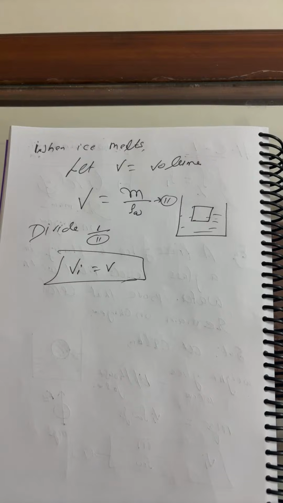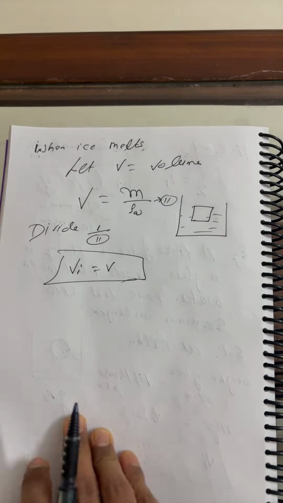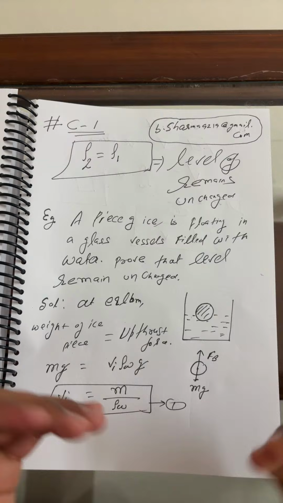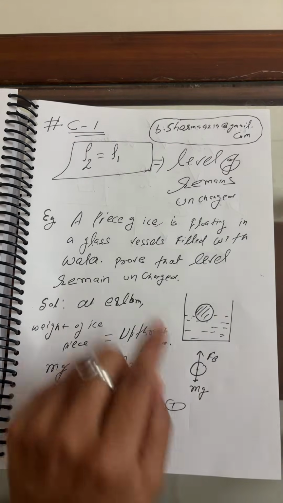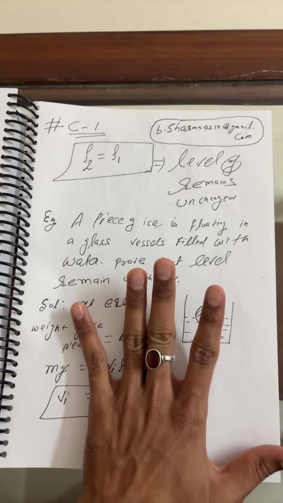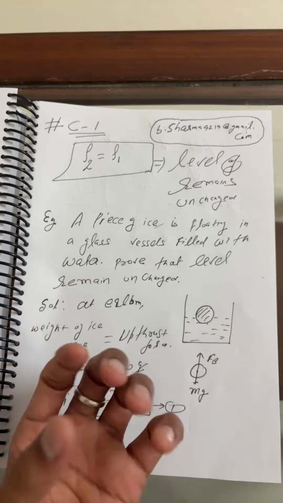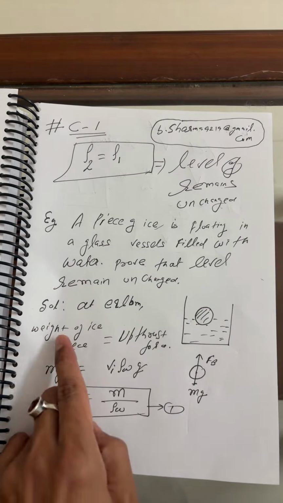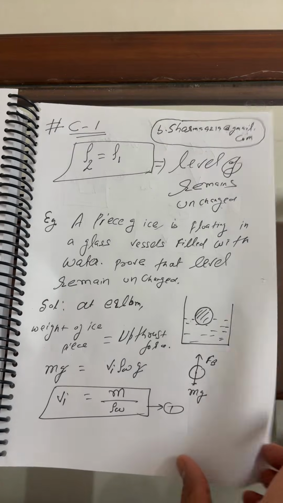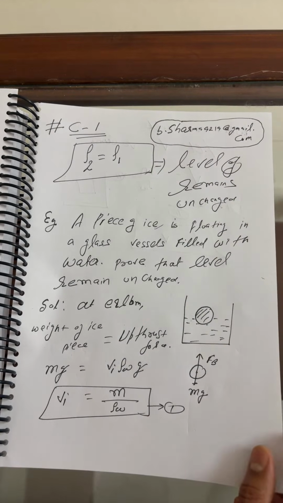Krishna asks: Sir, but what about when equilibrium is attained, the amount of ice melting and the amount of ice forming? Okay, Aditya Krishna, listen to what I said, we'll go through it again. Don't be in a hurry. The question says a piece of ice is floating, which means the condition of flotation: density of body, upthrust force is equal to weight of the displaced liquid. That's all. Maybe you got it now.